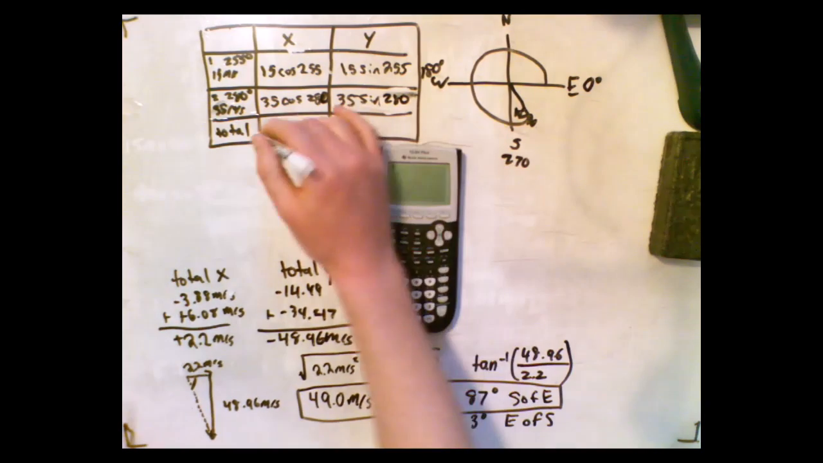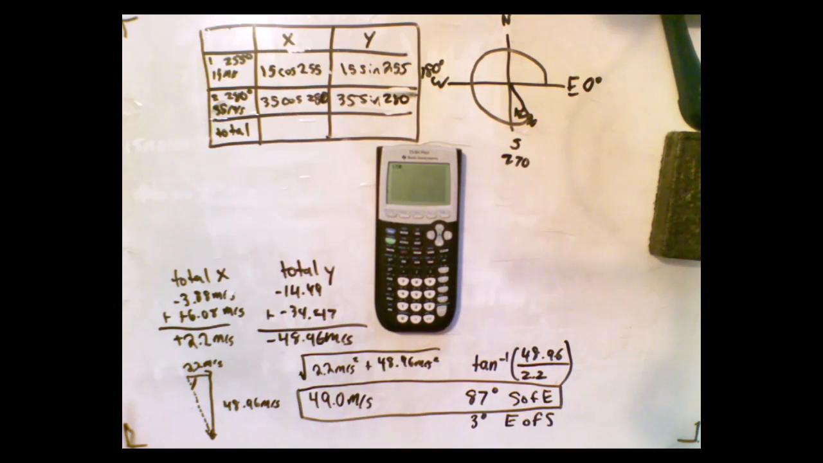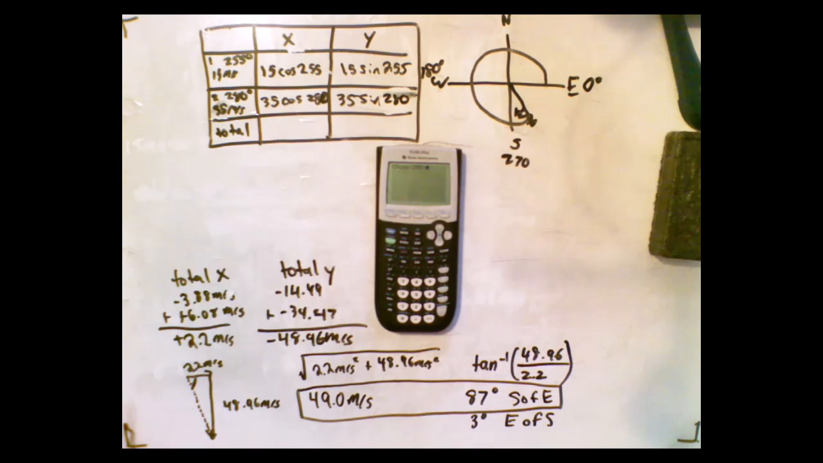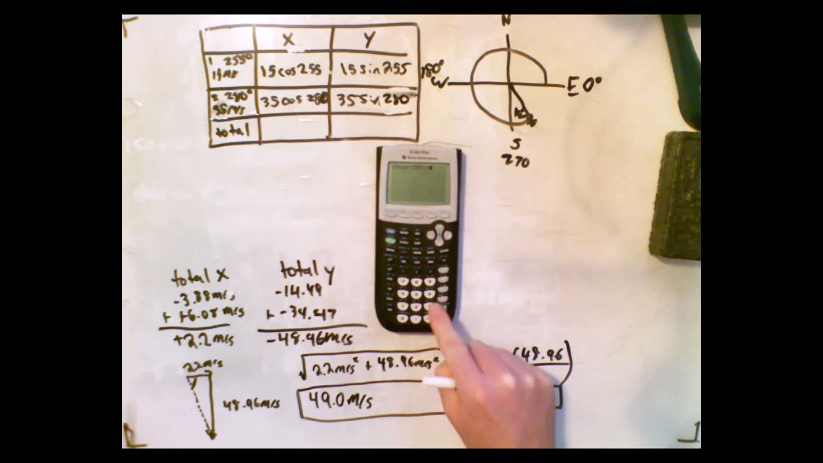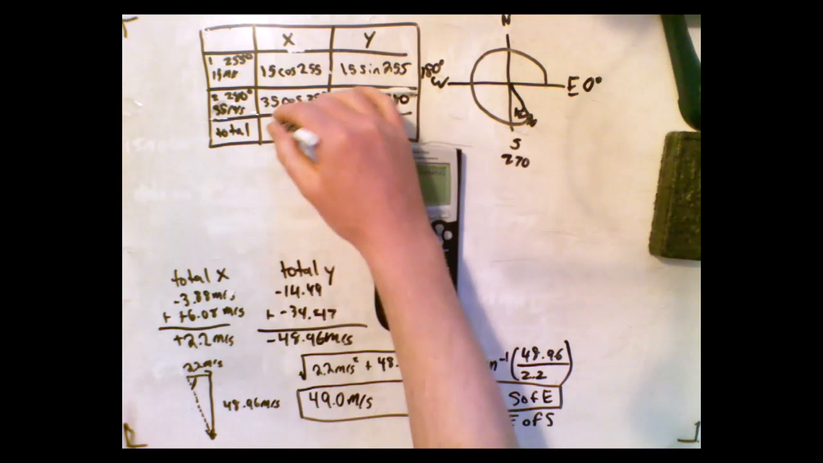To find my total, I just want to add these two numbers together. So I'm going to go 15 cos 255, close my bracket, and then add it to 35 cos 280. Make sure you're in degree mode, and we end up getting